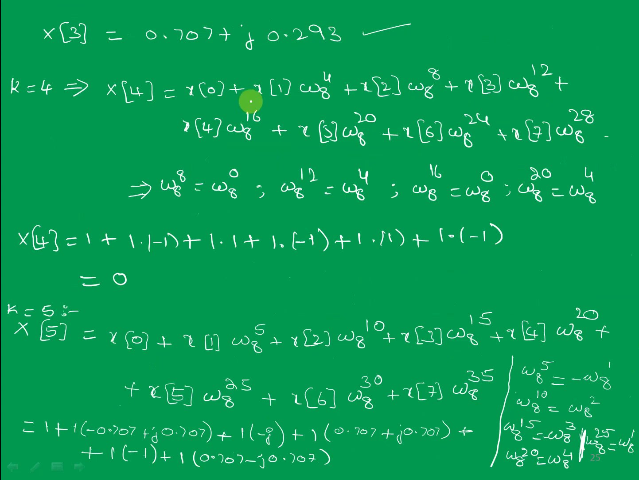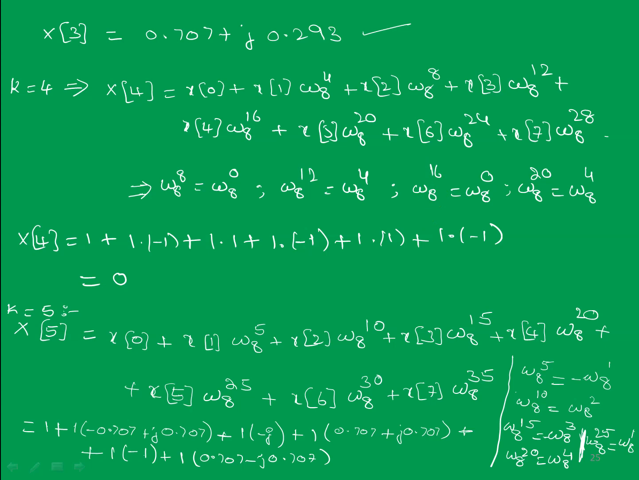Okay. So now coming to K equal to 4. Substitute 4 here in the place of K. So now follow the fourth table. So here x of 0 plus x of 1, W8 power 4, W8 power 8, 4 2s are 8, 4 3s are 12 and so on like that. So now find the remaining values, W8 power 8, 12 like this. So here W8 power 8 means W8 power 0, W8 power 12 means here 8 plus 4, W8 power 4,